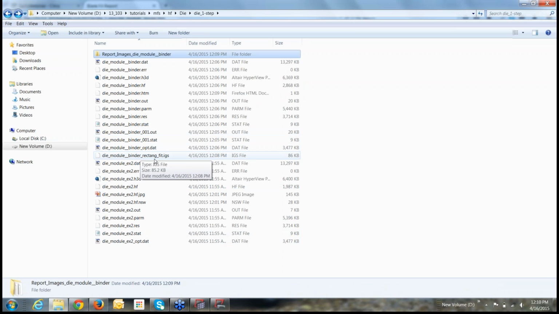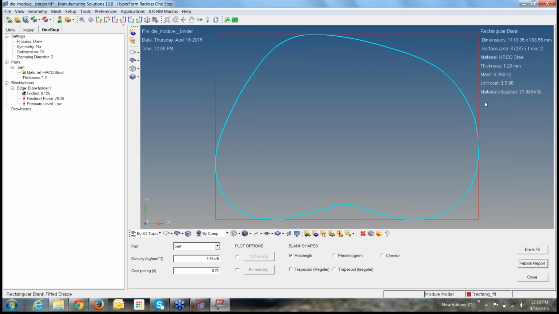And it will also give you a rectangle fit. The moment you run, it will save in the same folder rectangle fit. This rectangle fit will contain this rectangle line as well as